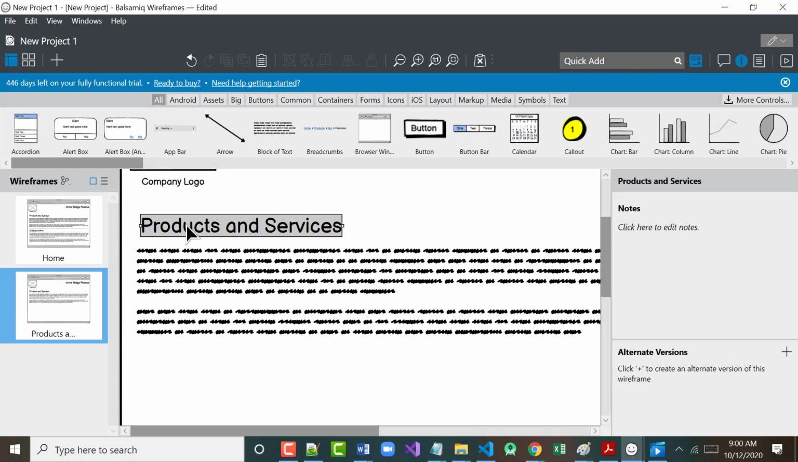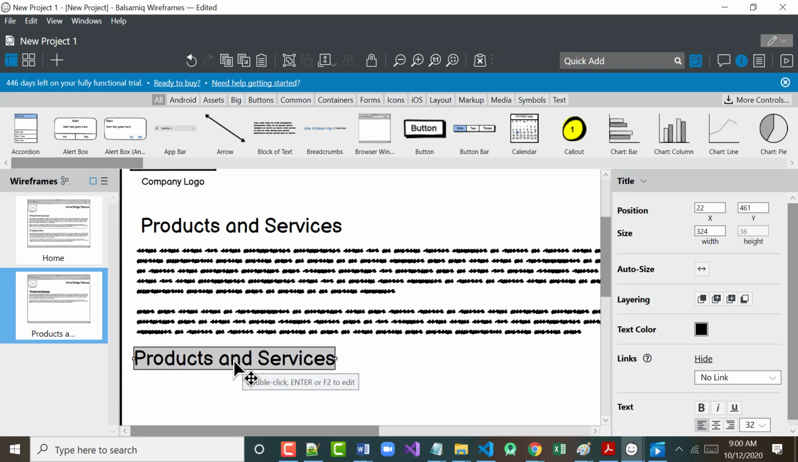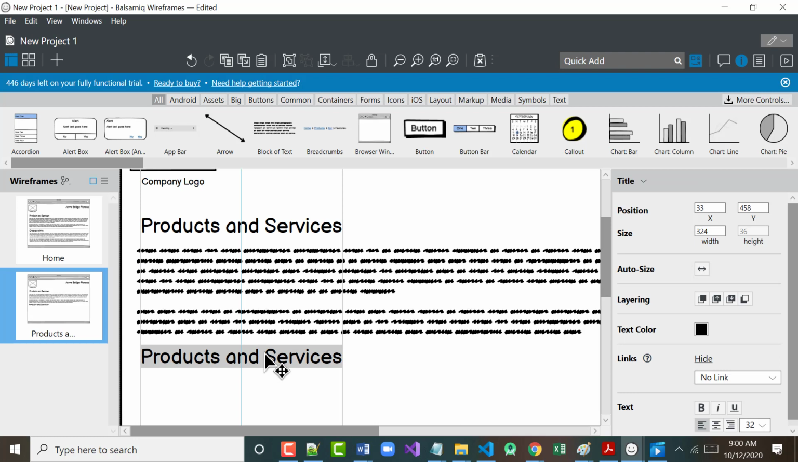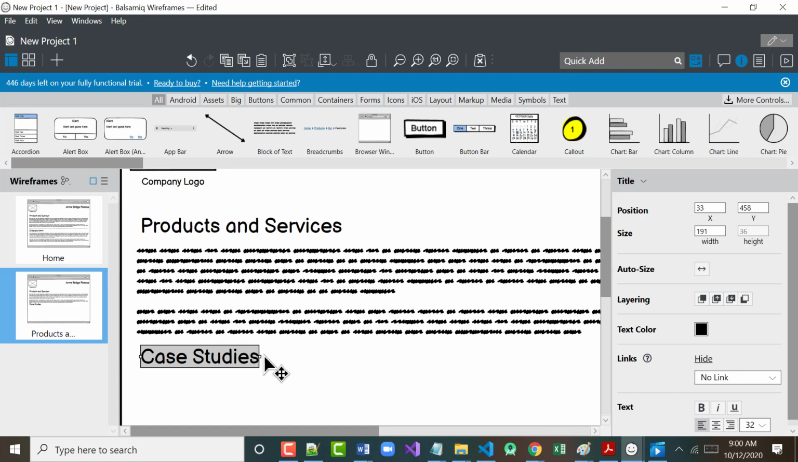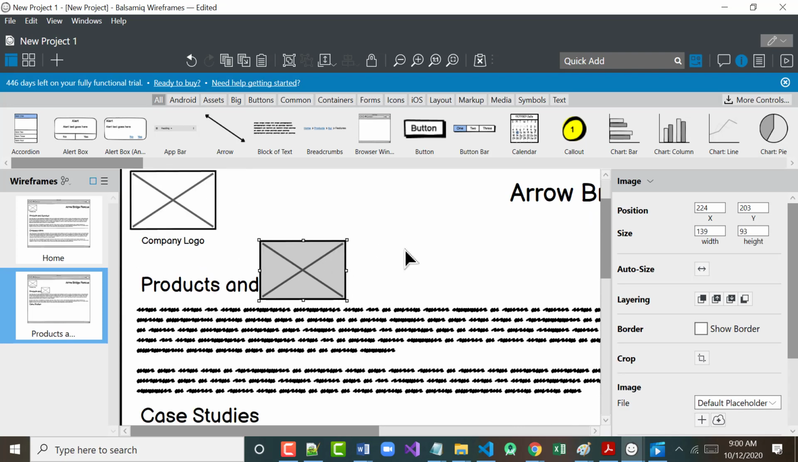So I'm going to click right there. I'm going to copy, and I'm going to paste. Come down here, and I'm going to change this to case studies. Case studies. All right. And then I'm going to go up to my logo right here. I'm going to copy it, and I'm going to paste it. Then I'm going to take it down here,